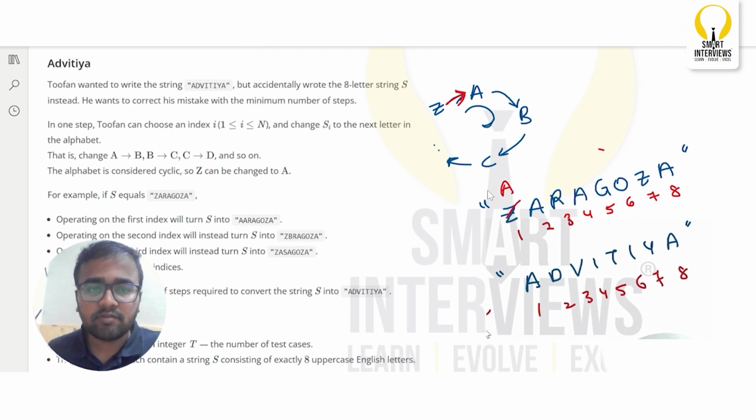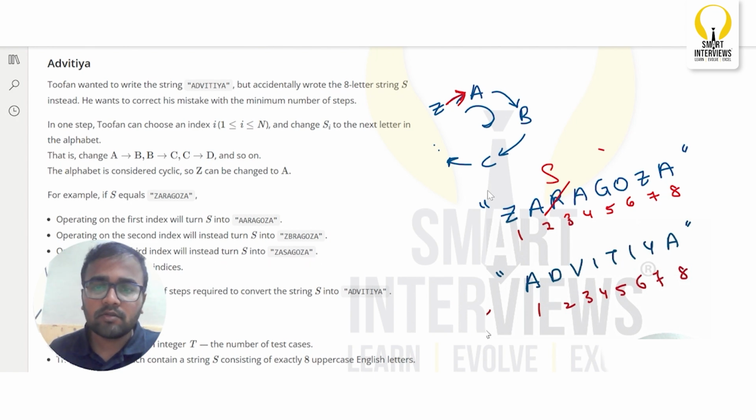Next, operating on the second index will turn s into this. So this is our string. Operating on the second index, a, we will convert a to the next character, which is b. So this is our string. Similarly, operating on the third index, this character. After r, the character is s. So this string,